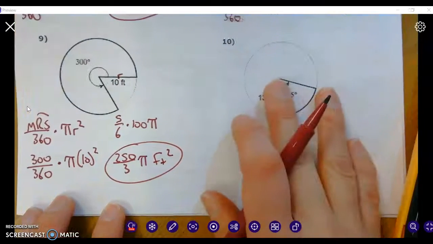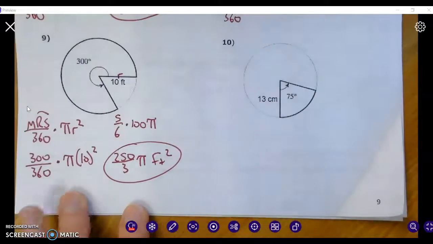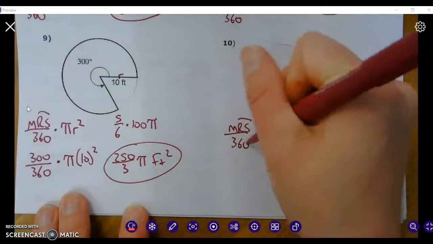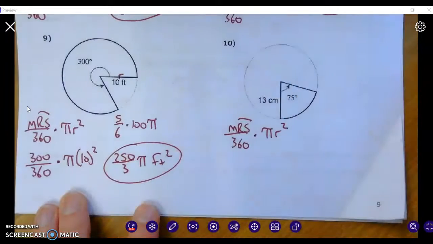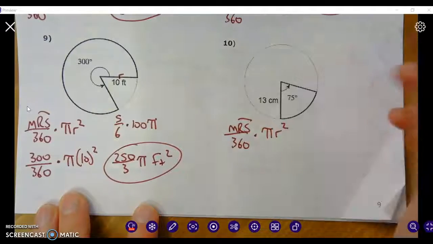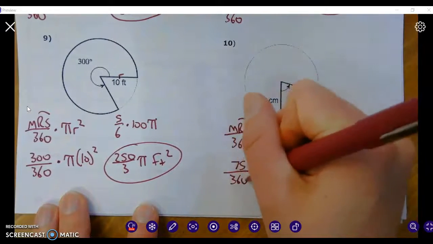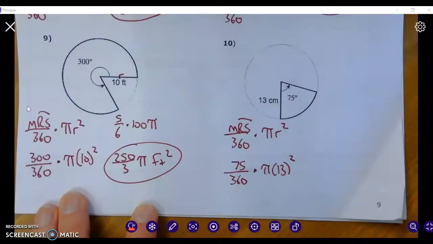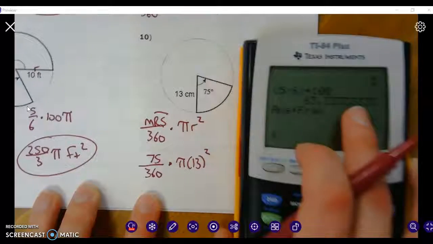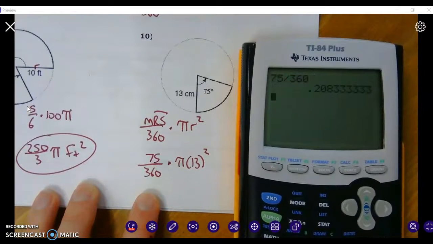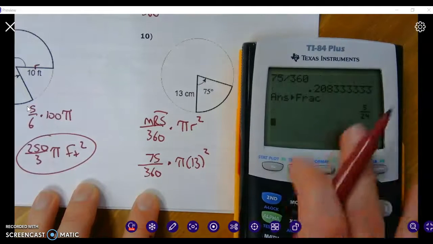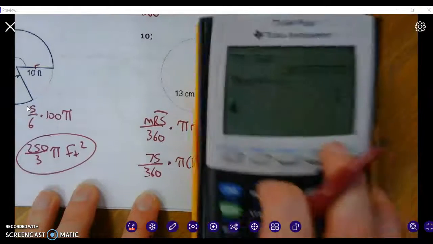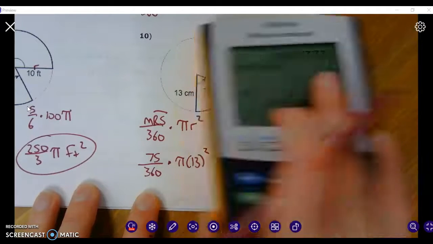Okay, so a lot of this is just simplifying the fractions down with the information that you have. Okay, one more time, so we have the measure of the arc divided by 360 times pi r squared. Okay, so I put the arc in, which is 75 degrees over 360 times pi radius squared. Okay, I'm going to simplify this fraction, which is 5 over 24, times 13 squared is 169